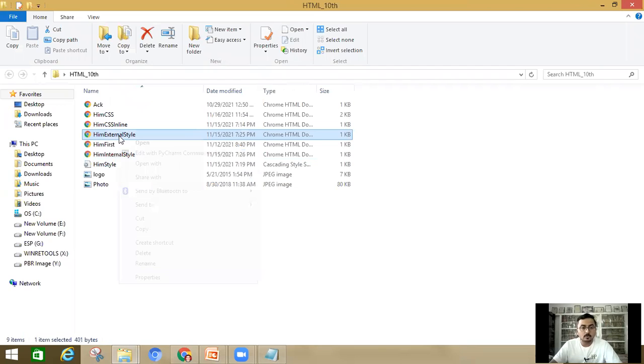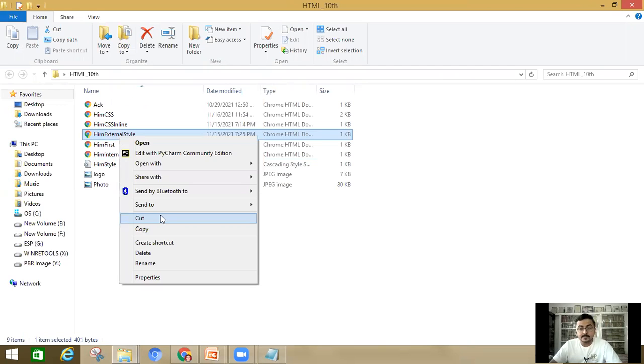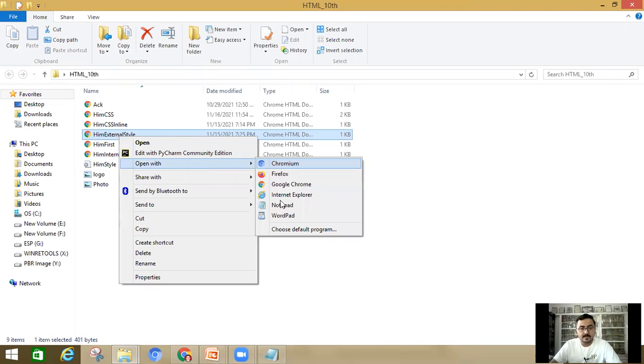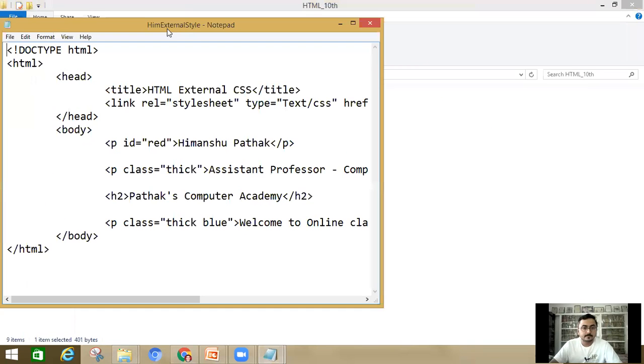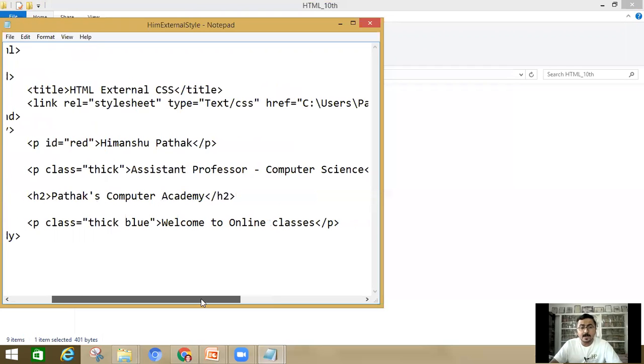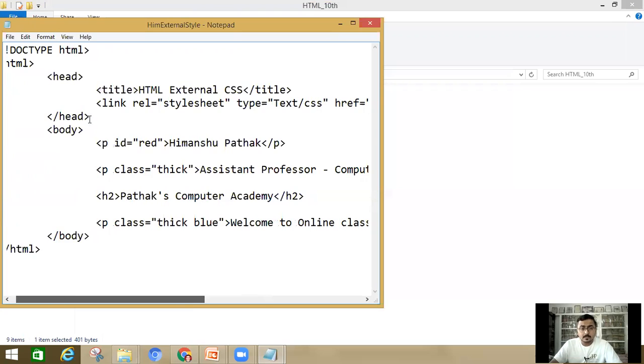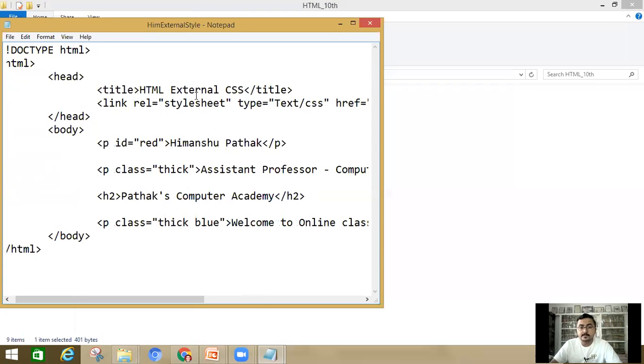Now, at last, the external file. Again, I'm going to open it. There are two files for external. The first one is HTML and the second one is .css. So the first file is this. Again, I have done the same thing, but this time all the things are not seen over here. There is nothing like inline CSS or internal CSS.